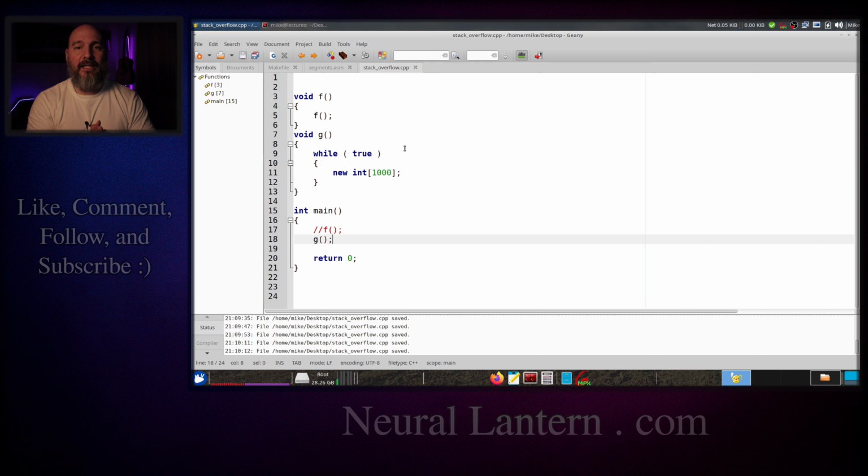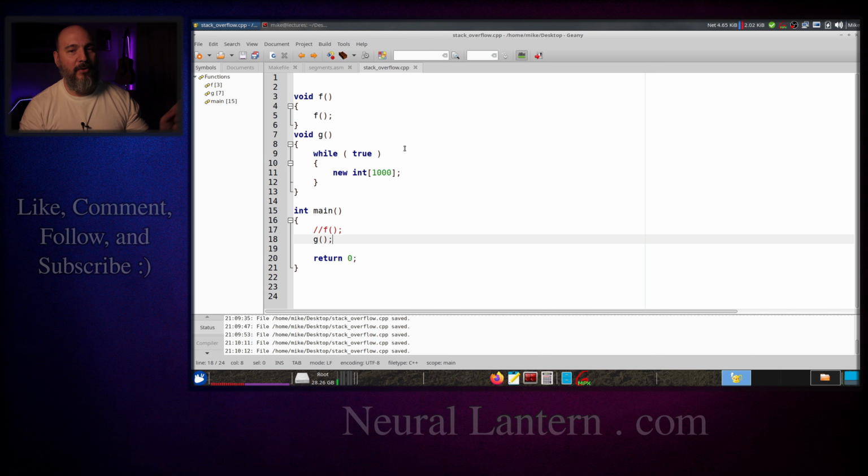The reason that the heap can grow so much larger than the stack is that our programs now, in the modern era, use virtual memory. So when we allocate, let's say we're accessing a memory location via a pointer inside of our program, it's not that the pointer has the absolute memory location through the whole system. It's not able to name locations outside of the current program. Every program sees its own start memory location as just 0. And then under the hood, there are some extra tricks so that when you try to access a memory location, let's say memory location 100, because you've made, I don't know, this many integers or whatever,